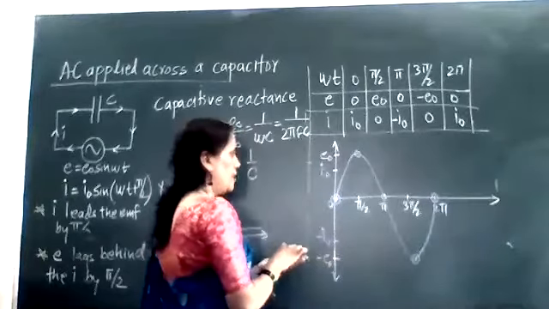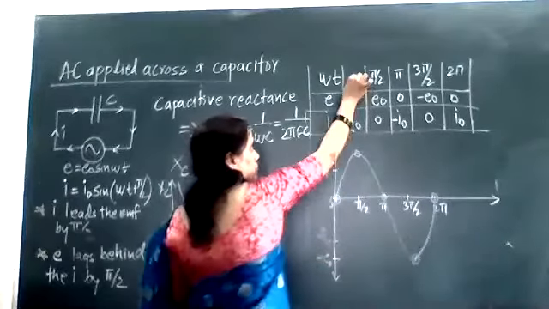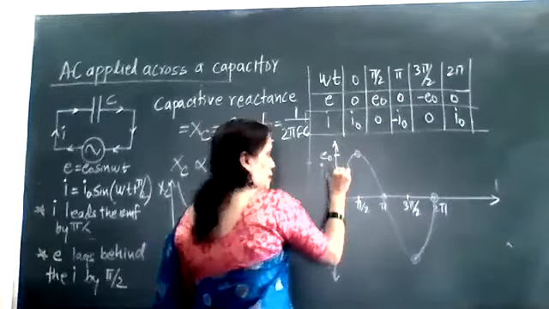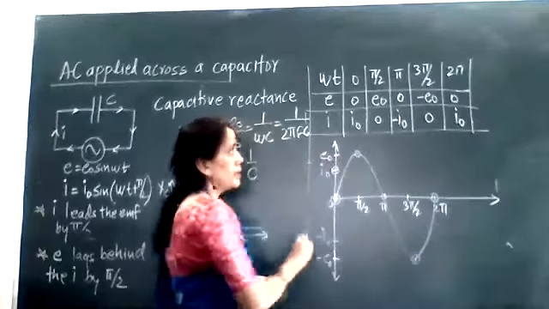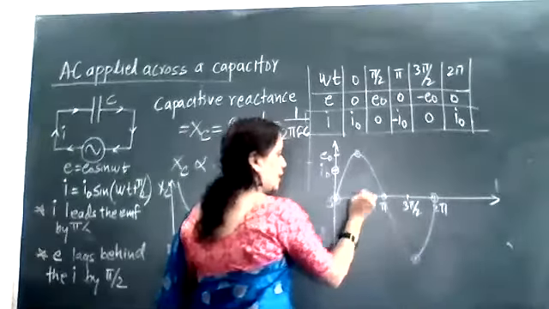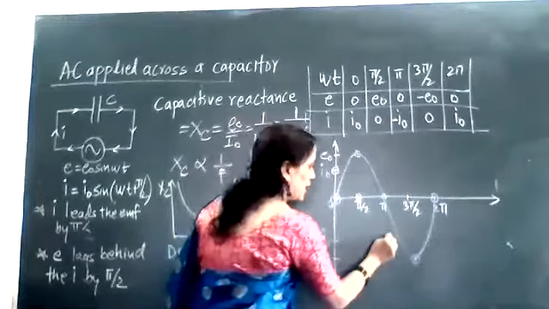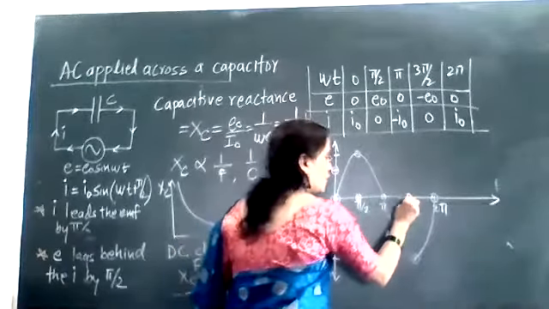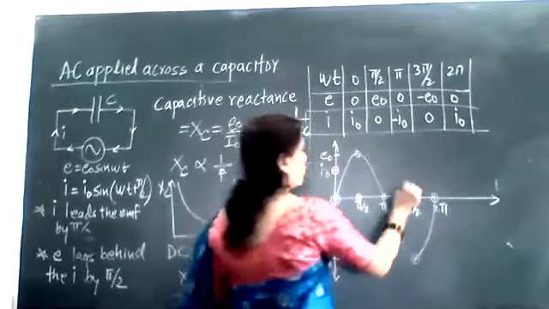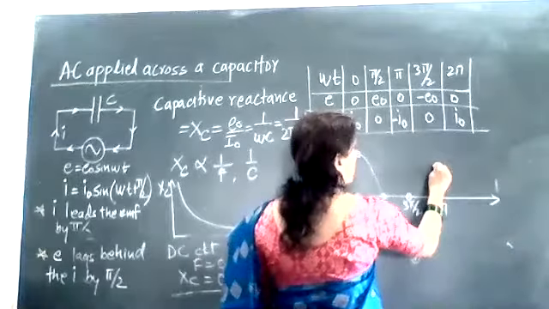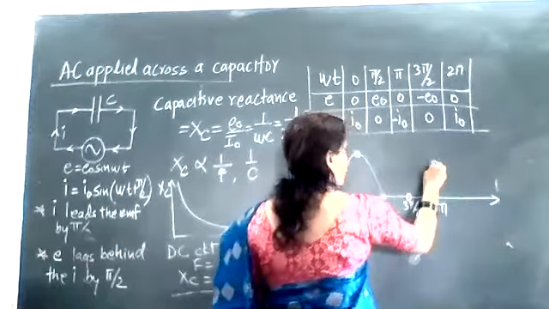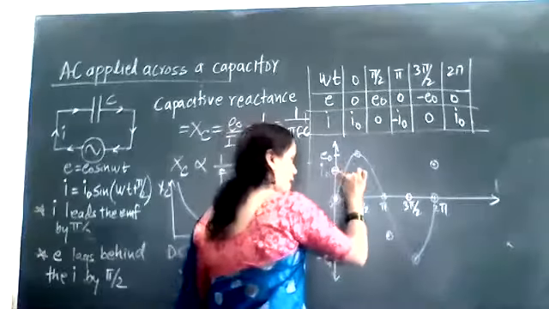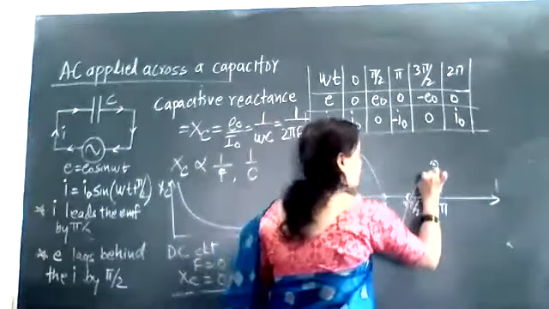तो now, अभी इसके पॉइंट प्लॉट करेंगे हम लोग। ओमेगा टी जब 0 है तो आपका करंट क्या है? मैक्सिमम। पाई बाय 2 के टाइम आपका करंट है 0, पाई के टाइम आपका करंट है निगेटिव, देन 3 पाई बाय 2 के टाइम करंट है आपका 0 एंड फॉर 2 पाई के लिए आपका करंट है वापस मैक्सिमम। तो यहाँ पे आपका करंट का ग्राफ इस टाइप में है।